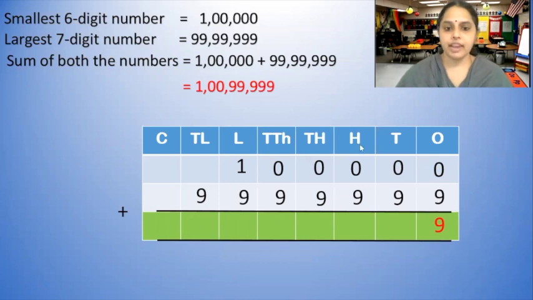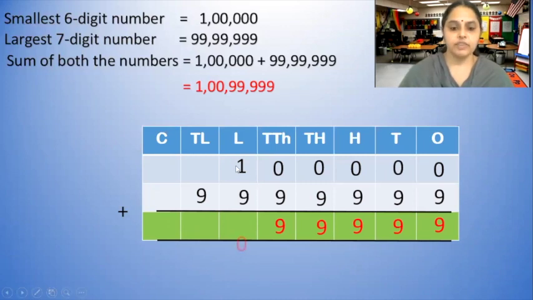So when we are adding, we will always add from the ones place. So in the ones place we get 9, and again here we are getting 9. In hundreds also, 9 plus 0 is 9. In the 10,000s place it is 9 plus 0, it is 9. But in the lakhs place, 9 plus 1 is how much? 10. So we'll write 0 here, and 1 will be given as carry forward.